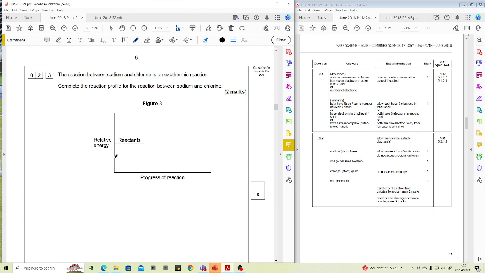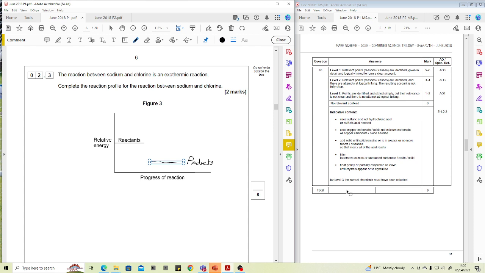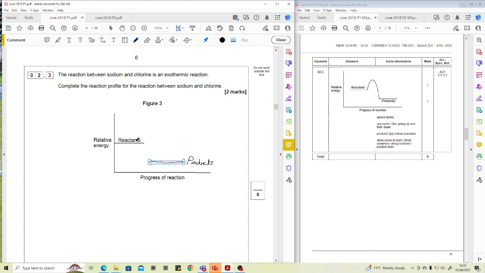Complete the reaction profile. So let's just check. Yes, it's labelled axes, progress of reaction, relative energy. We've got a line for reactants and we need one for products. If it's exothermic, then the products have less energy than the reactants. So let's label this line products. And then a reaction profile has to have one of those humps in it, like this,